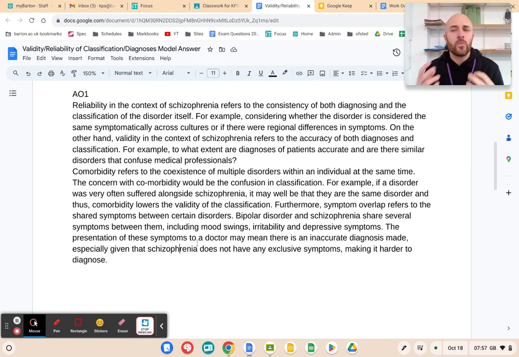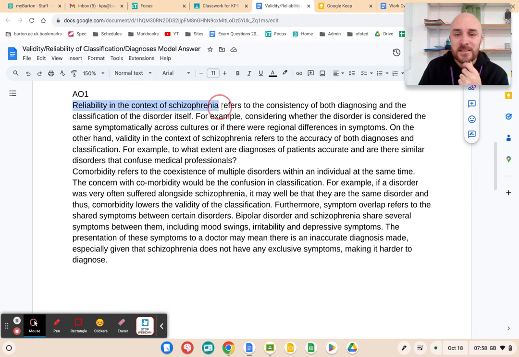It's not the best way, but no, it probably is the best way, actually. It's not 100%, is what I'm trying to say. It probably is the best way to get a broad and deep AO1 is to try get 8 ticks, but you need to understand what constitutes an examiner going tick. So let's have a look at this.